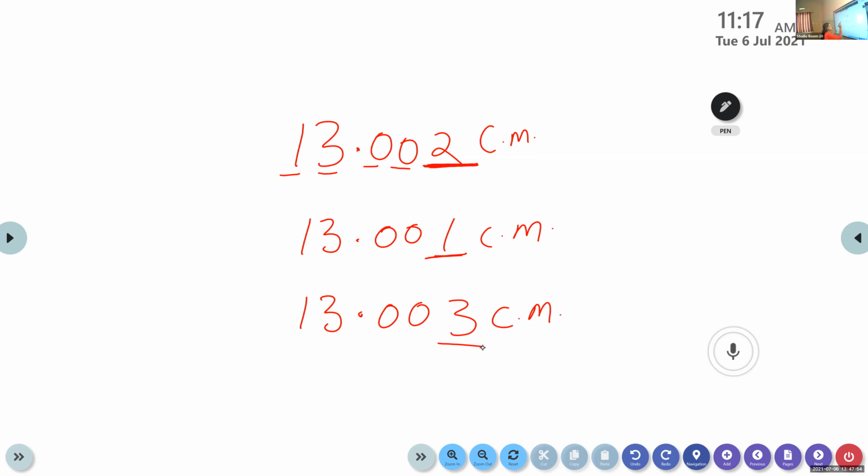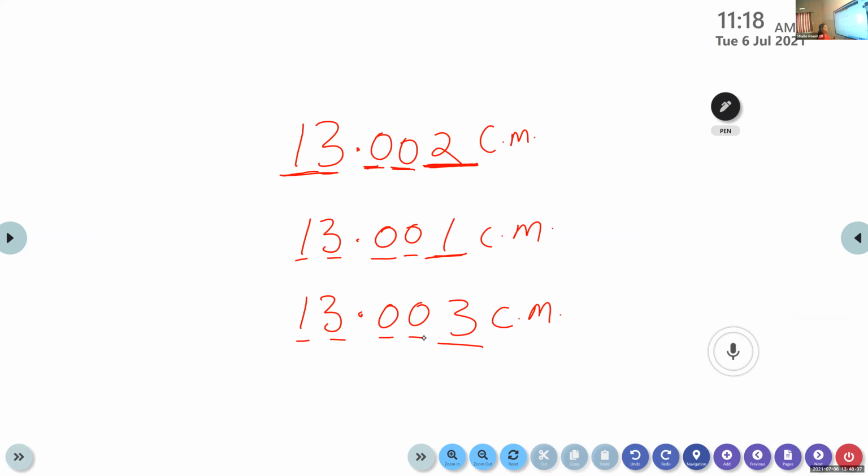What about the other digits, that is 13.001300? Do any changes occur to these digits? No. So these digits are known as reliable digits. That is the digit which remains the same in every measurement, we call it reliable digit. And the digit that undergoes changes in each measurement is known as uncertain digit. So the digits in a measured value can be classified into two: reliable digit and uncertain digit.